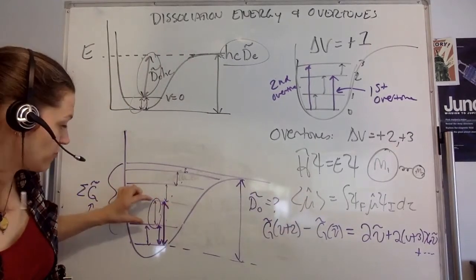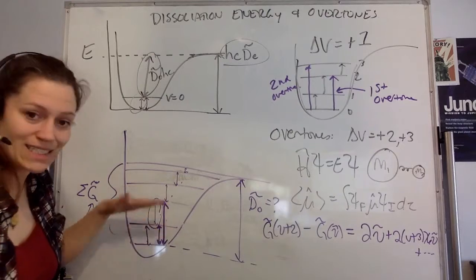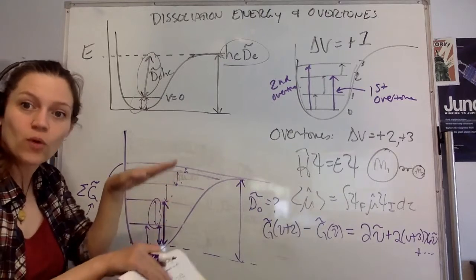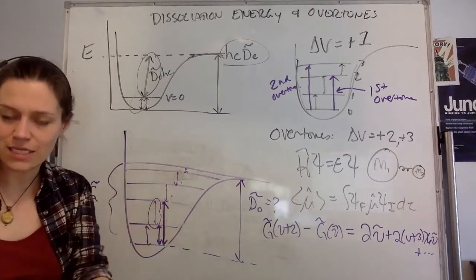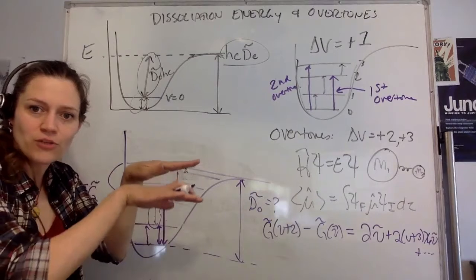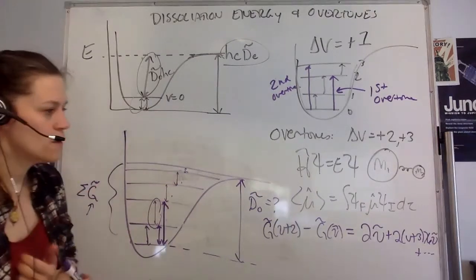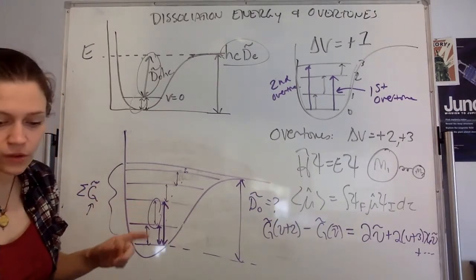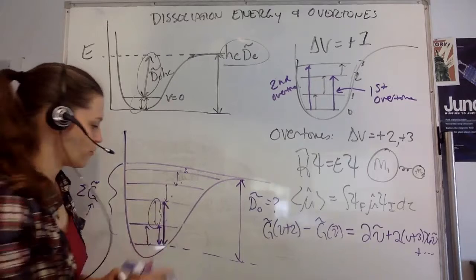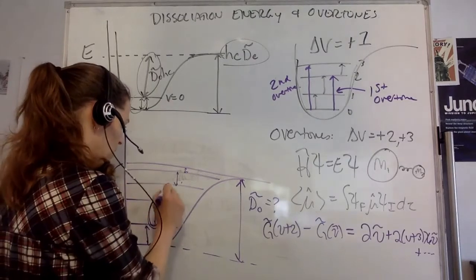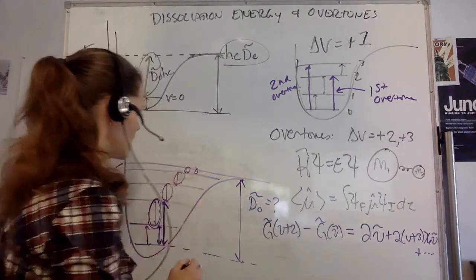Okay, now there's going to be fluctuations in this. There's not a systematic decrease, and that's what we're trying to find: what's that systematic decrease of how those vibrational states get closer and closer together. Okay, so then you can determine what each of these values are, and then instead of